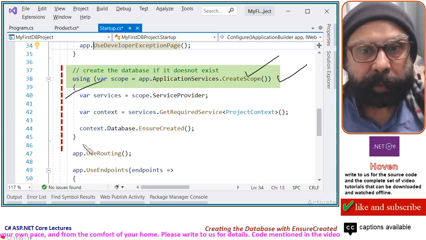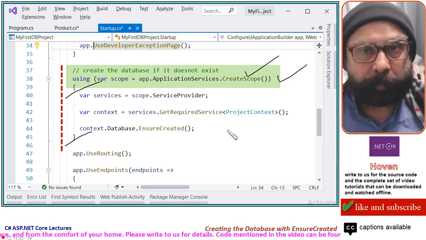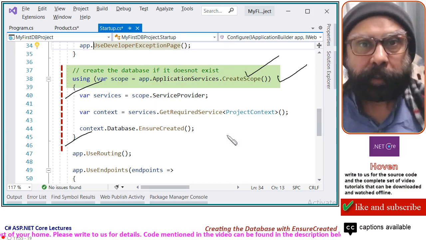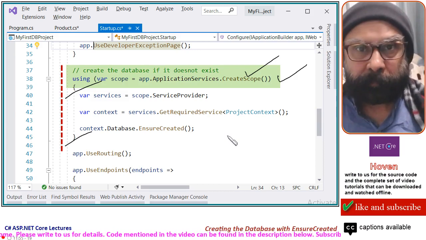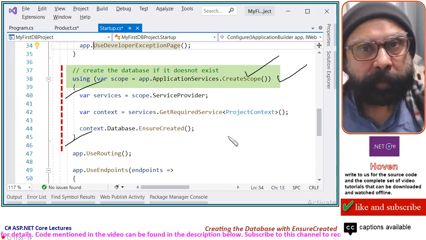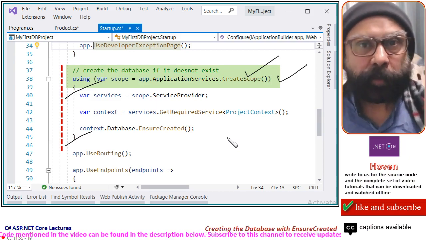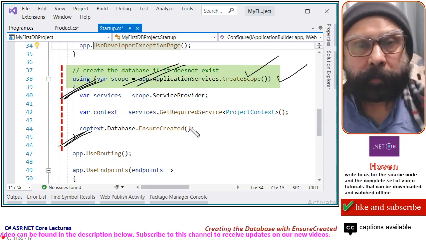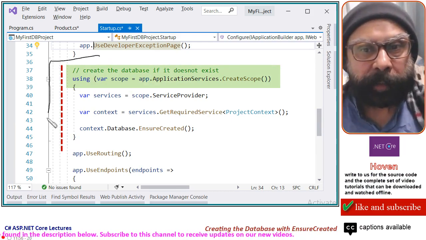This scope starts here, closes here. But when you use page serving, the scope automatically starts when the request comes from your customer. When you serve the page, the scope will automatically close. You will not need this, but we are now requiring this to create our database.